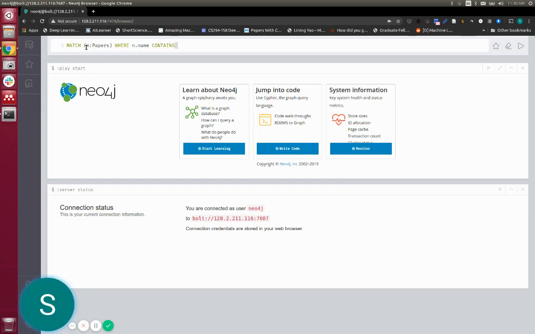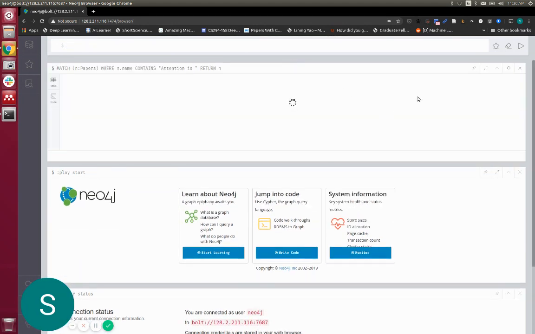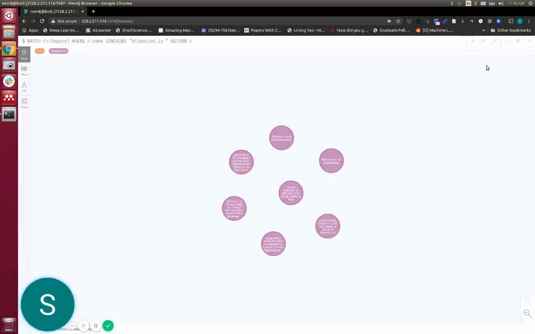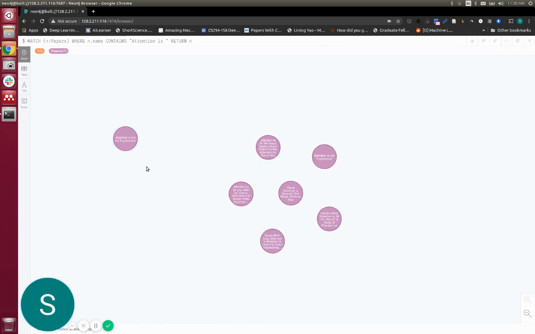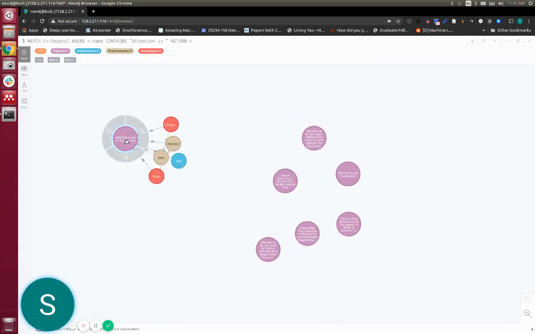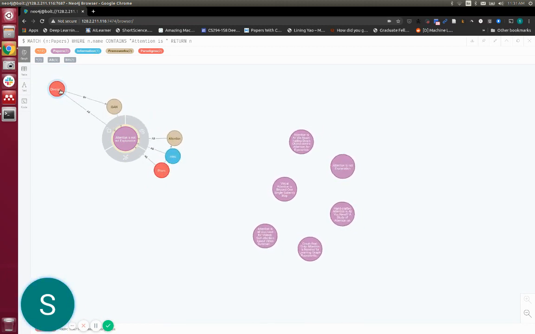that have something related to attention. The paper that comes to my mind is Attention Is All You Need. So let's say we want to look at the papers that are in that category. As we can see, there are multiple papers here, and we can see the titles of them. Let's pick this one, Attention Is Not Explanation. I like this paper. This is actually written by one of my friends. So let us double click and expand and try to brainstorm some of the things with respect to this paper.